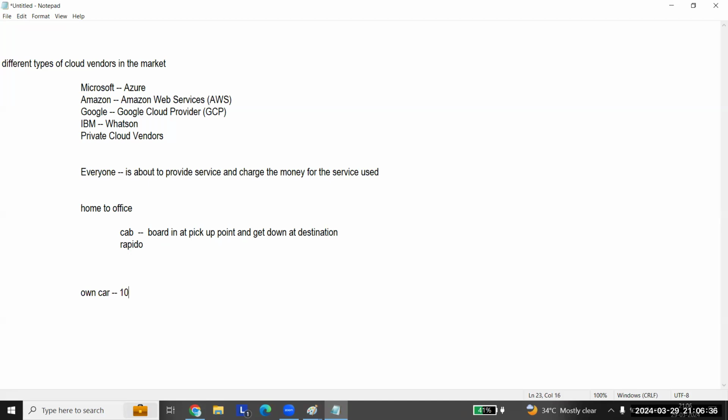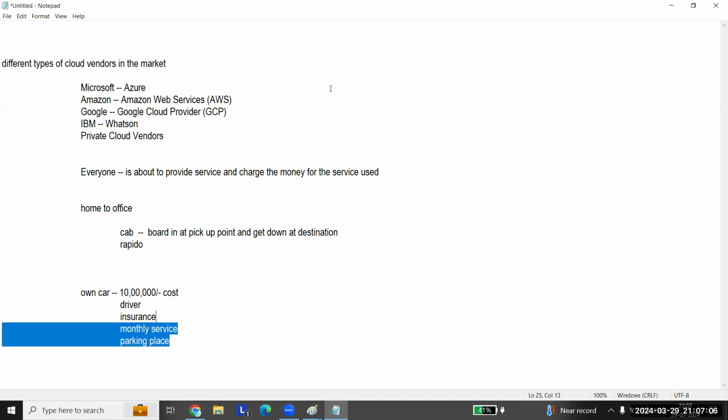Say the car costs 10 lakhs. The next thing is, if you know driving, okay. Otherwise, you need to take care of a driver, right? Then insurance, monthly maintenance, monthly service, then a parking place.